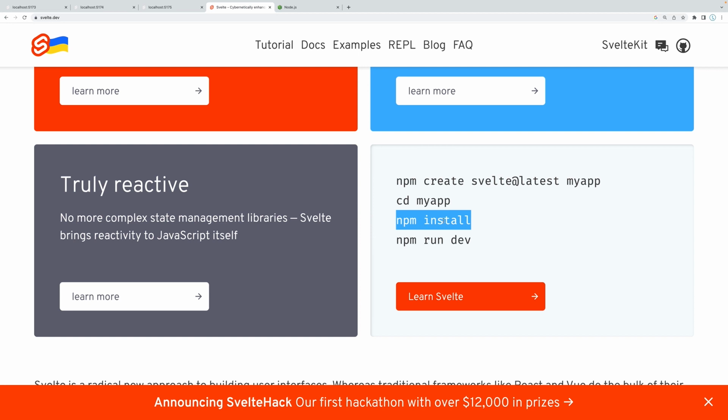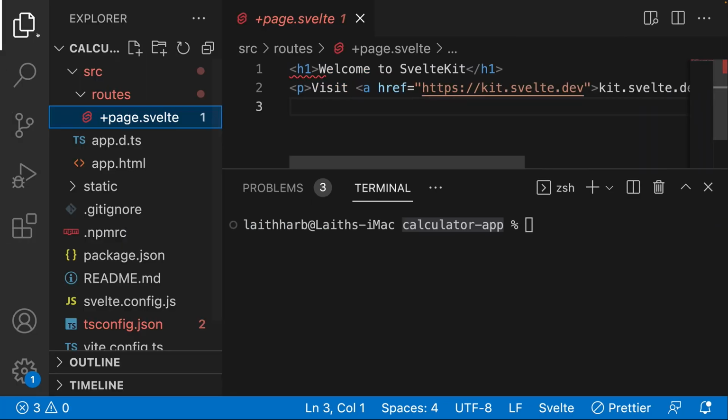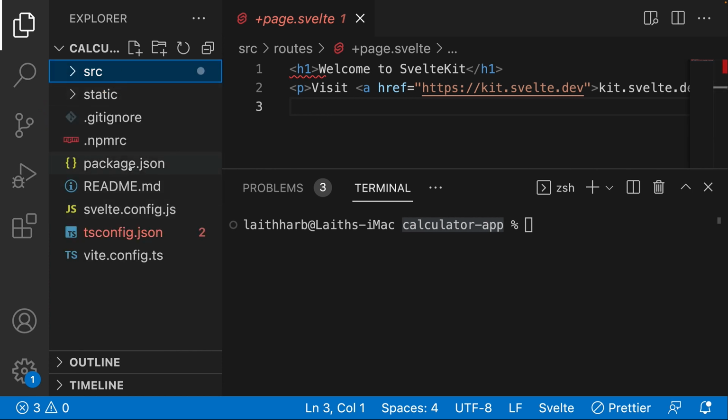So npm install is going to install all of the dependencies that we need for our application to run. So this is not a vanilla JavaScript application. We are using dependencies, which are code that is built by other people that we need to install onto this project. And that code that we need is specified in our